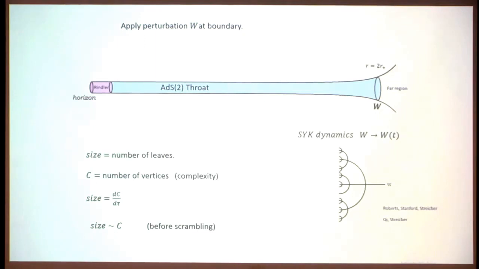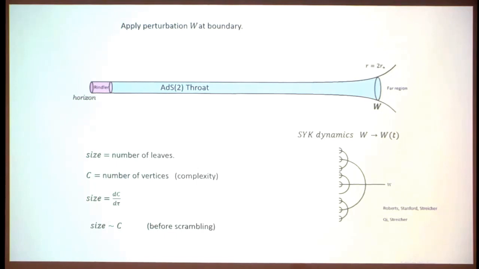Okay, now we're going to apply a perturbation W at the boundary. Perturbation, what could it be? Just some operator, a simple operator, and the simplest thing would be a single fermion in SYK, single fermion operator. And that'll create a particle. The particle will, what will it do? It'll fall into the black